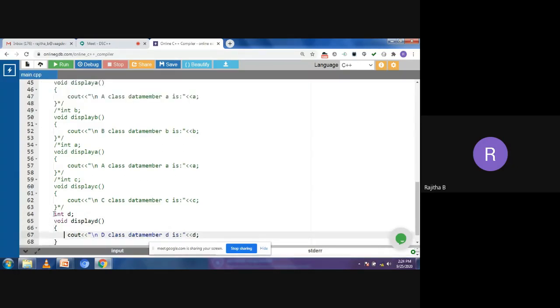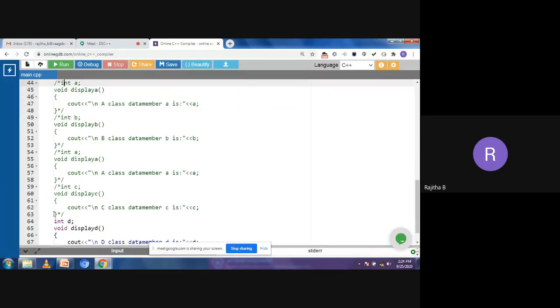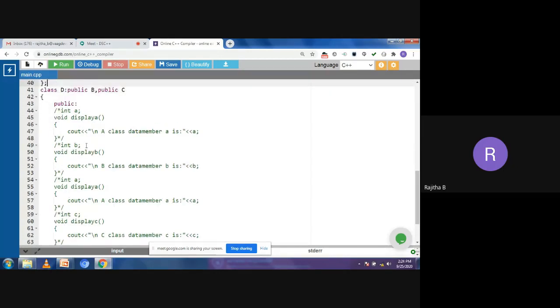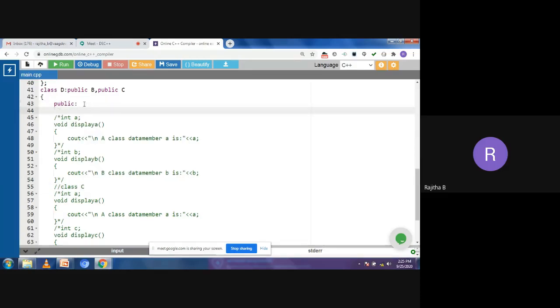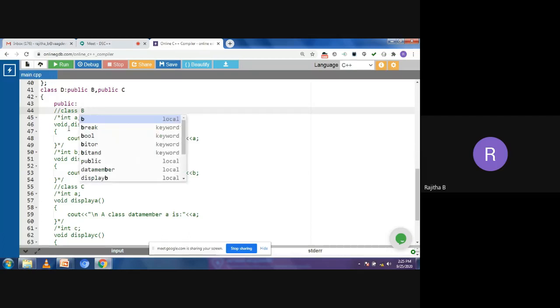Now observe here. I'm deriving the D class from the B and C classes. So what are my D class data members and member functions?